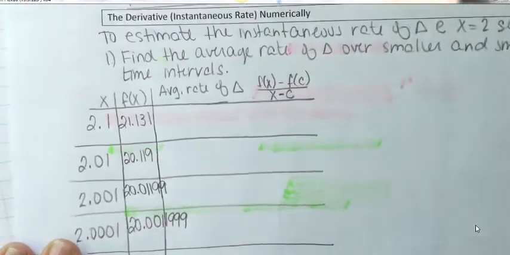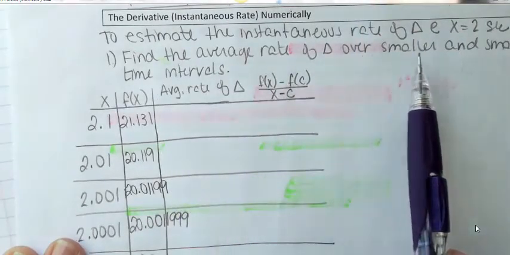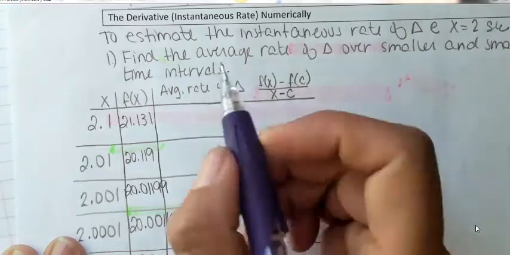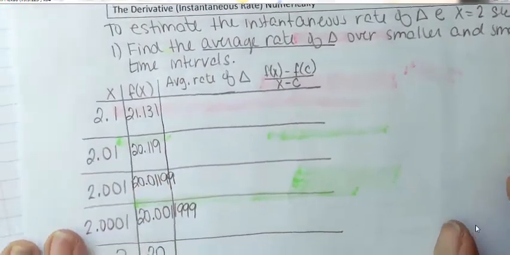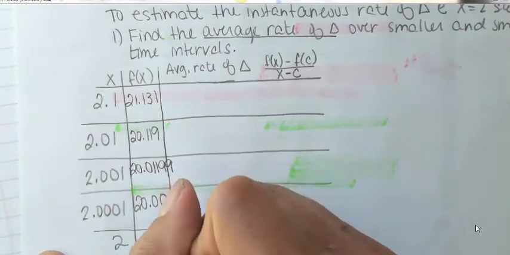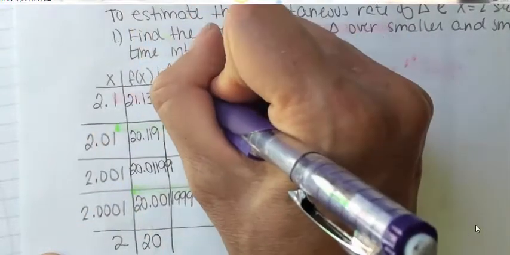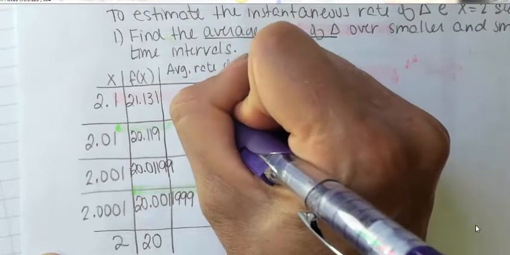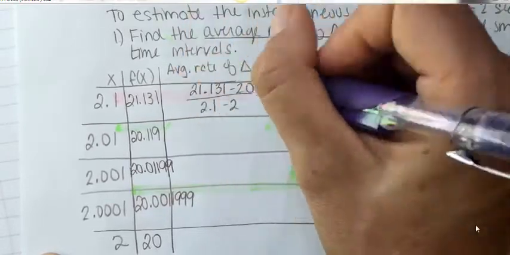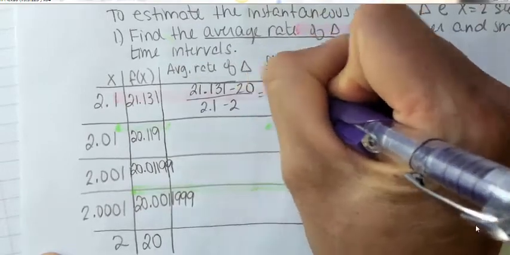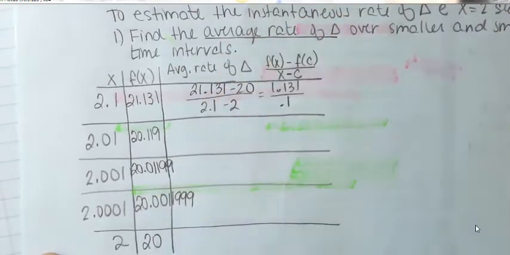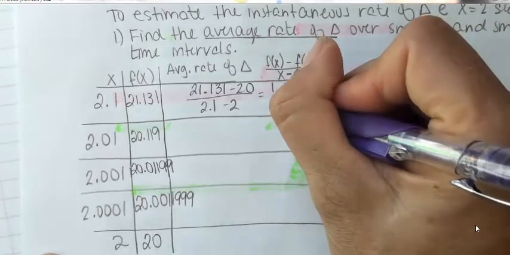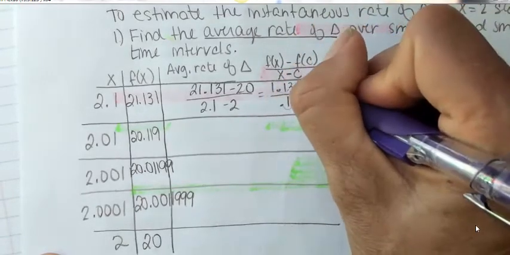But now we have to actually find, because I said find the average rate of change over smaller and smaller time intervals. So we actually need to find the average rate of change, which I haven't done. So we'll find the average rate of change from 2 seconds to 2.1 seconds. So that's going to be, I'll take the bigger number, 21.131 minus 20 all over 2.1 minus 2. Or in other words, if you subtract these, you get 1.131 over 0.1. And to get rid of this decimal in the denominator, just move the decimal over 1, so I do the same thing up here. So this is approximately